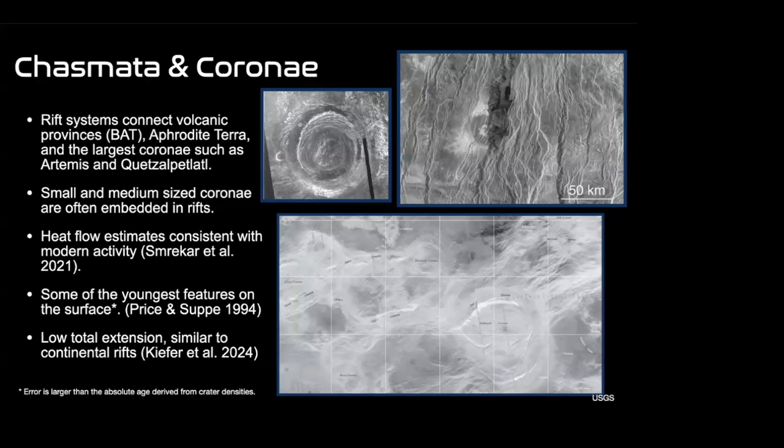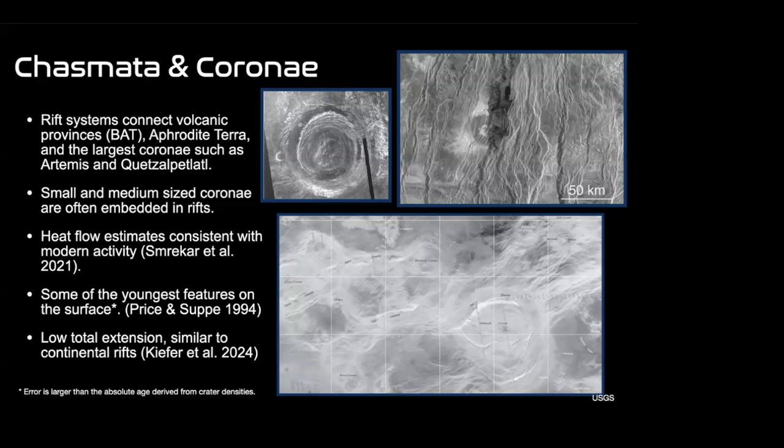But they can be very small, they could be medium, they could be absolutely massive. Like this one is Atahensik. That's a good 1,000 kilometers across. The Artemis and Quetzalcoatl can get up to 2,500 across their widest point. So there's a huge variation in size. There's a lot of variation in morphology as well. We also know that at these chasmata,